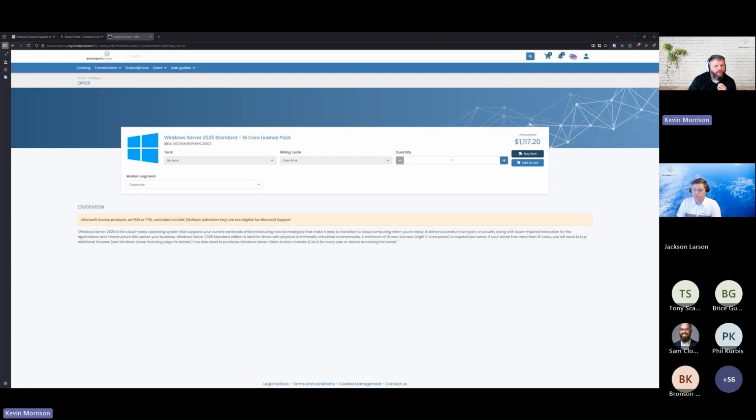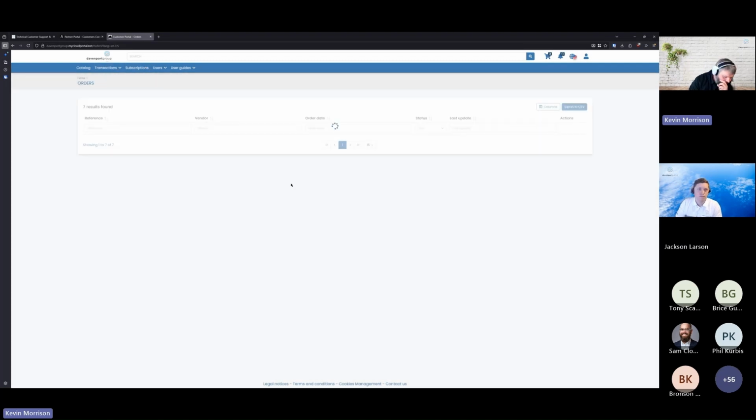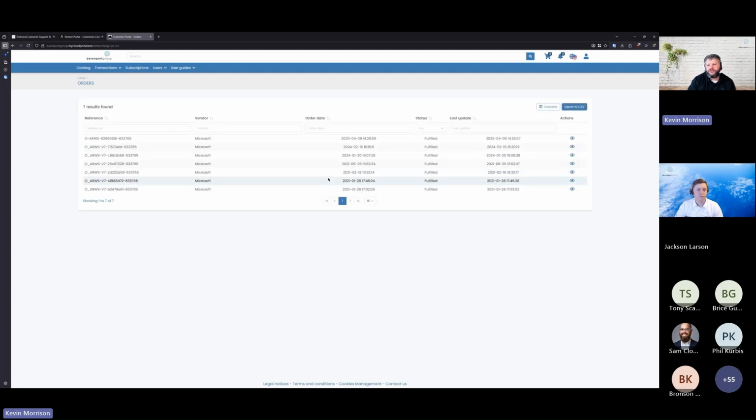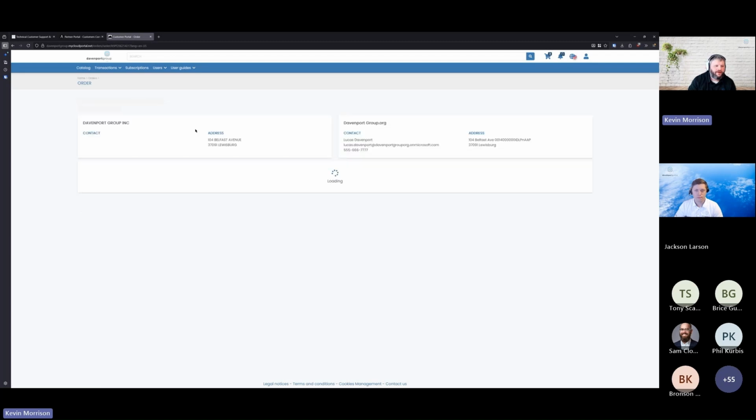Yep. One of the other things that I wanted to showcase in here was you can look at your transactions and see what your billing history has been. You can come in and see what orders have been placed. You can do an export to CSV of the costs. So if we come and look at here,